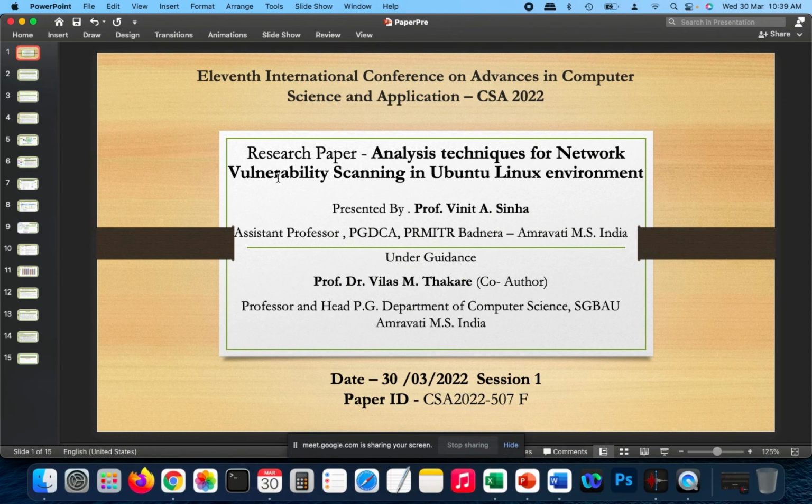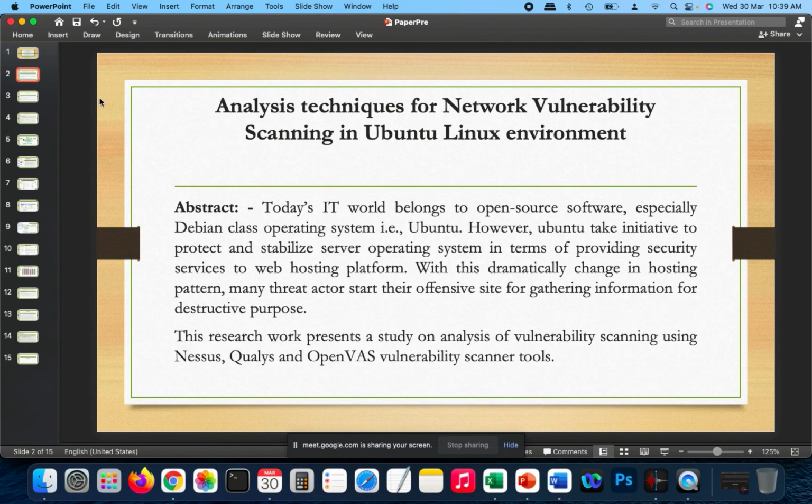Okay, sir. Good morning, all dignitaries and participants. Today, I am Vinit Sinha going to present a research paper entitled Analysis Techniques for Network Vulnerability Scanning in Ubuntu Linux Environment under the guidance of my PhD guide, Dr. V.M. Thakre. So let's discuss that. As we all know, today's IT world is influenced by open source software, especially